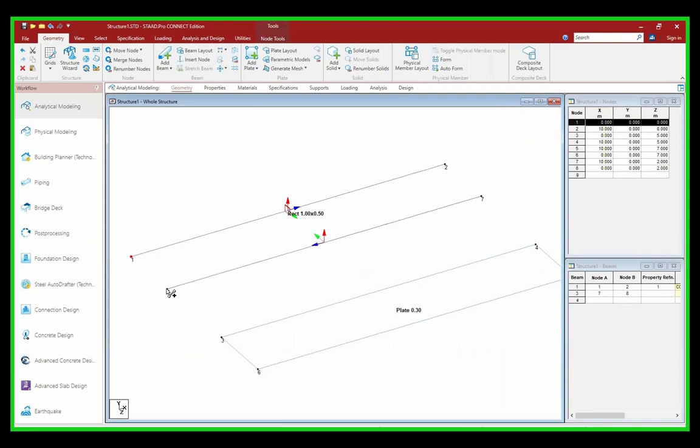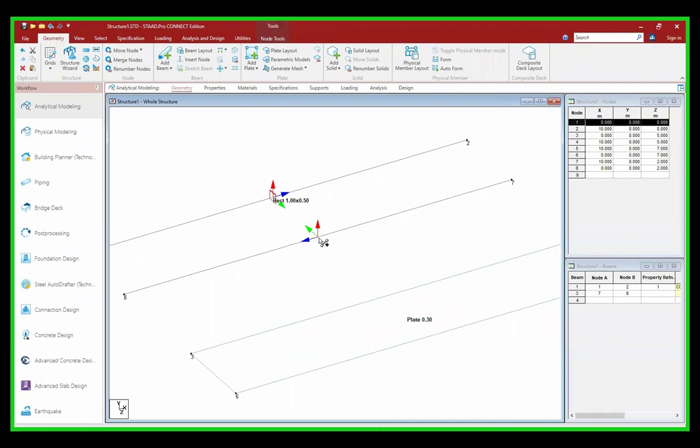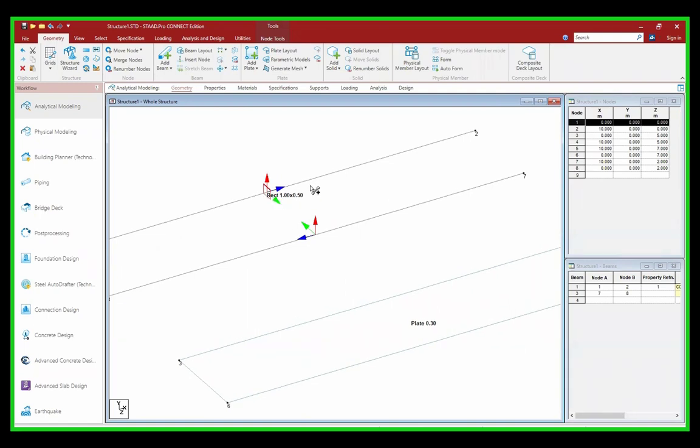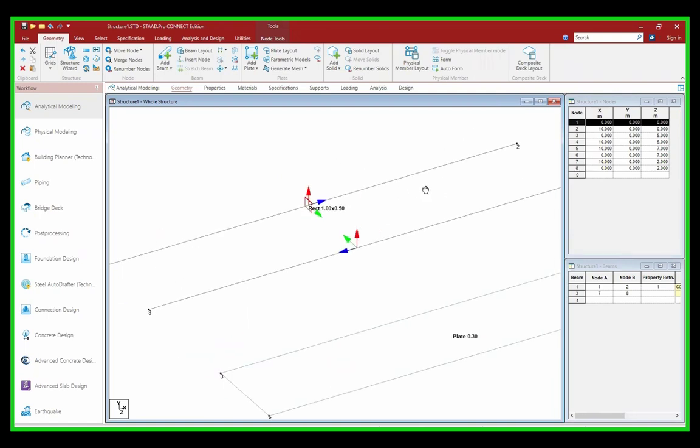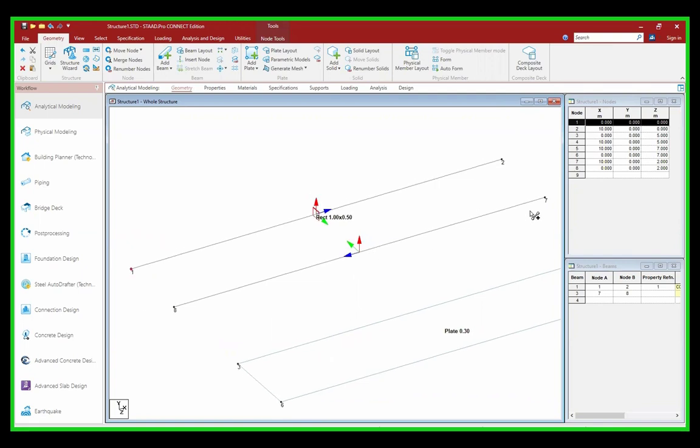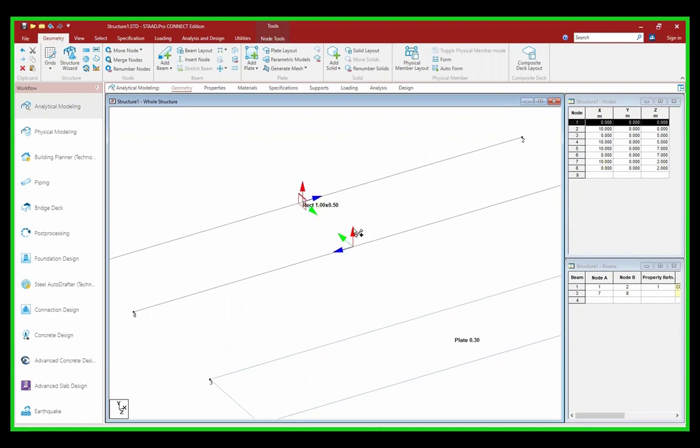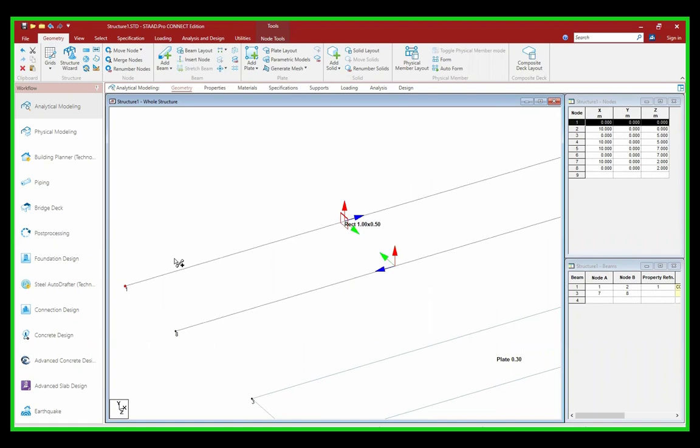Whenever you create a beam from right to left, you can see this is the local X axis, which is the positive local X axis. Earlier it was in the right direction because we created from left to right. So always remember, your local X axis goes from your starting point, the I node of the beam, to the J node of the beam, right? And the vertical would always remain the same, which is the local Y axis, and the Z axis will be placed accordingly. If local X axis is in this direction, then local Z axis would be in this direction. Similarly, if my local X axis is in this direction, then this is the local Z axis, and this is the local Y axis.